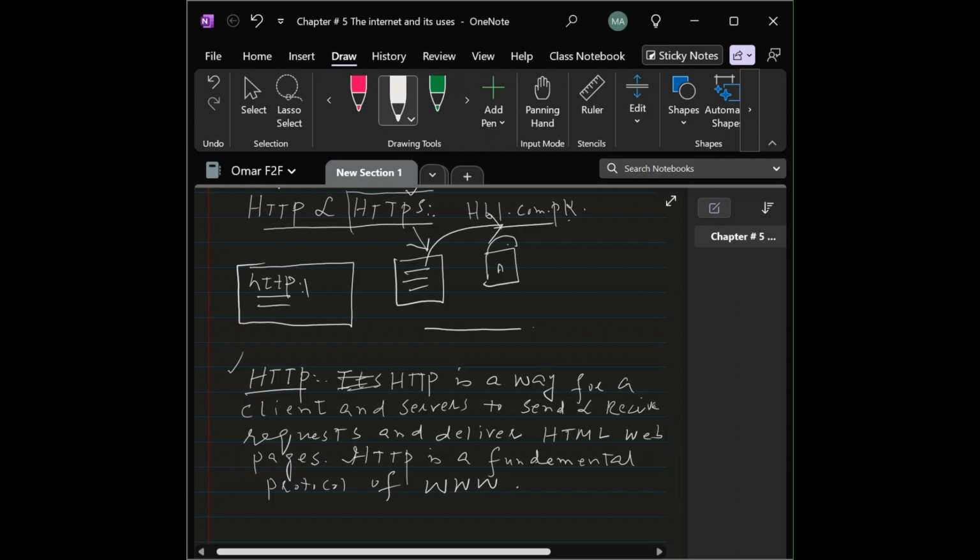Okay, so now let me explain, Umar. HTTP is a way for a client to communicate with servers. Client means, say for example, my computer. There are web servers, millions and billions of web servers, Google servers. They have information, YouTube, etc. HTTP lets them send and receive requests. Request means, for example, when I type this website